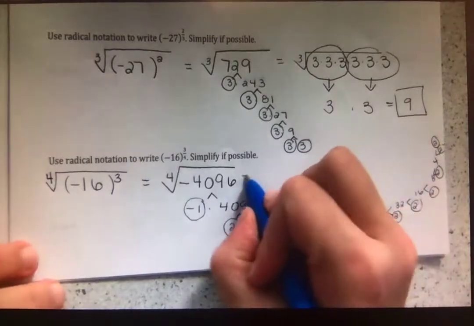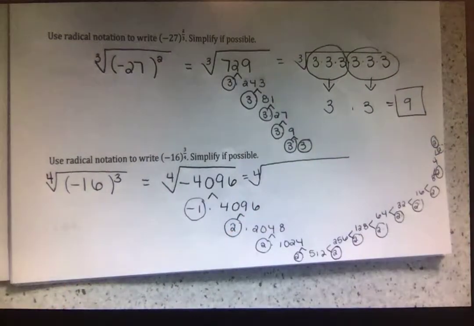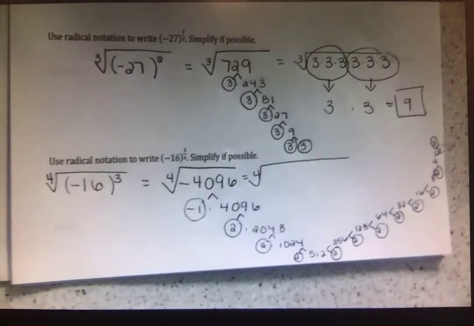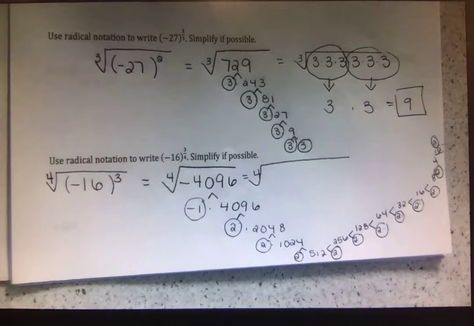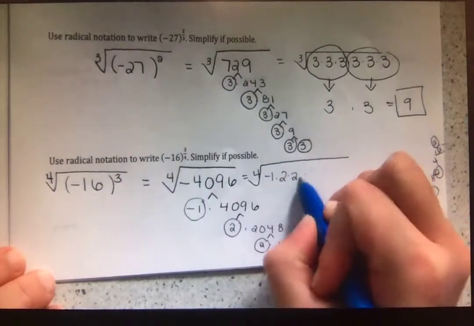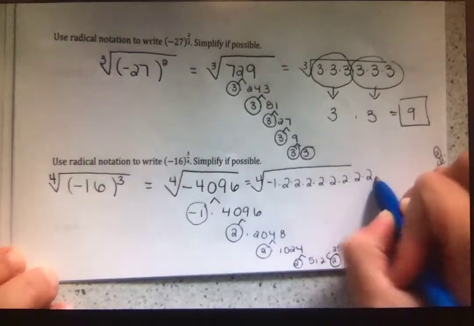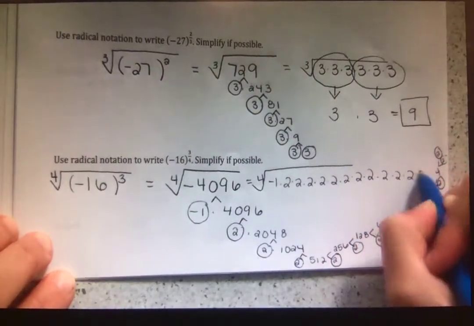And then we have that negative. So underneath the radical, instead of -4096, we can rewrite this as -1 times 12 2's